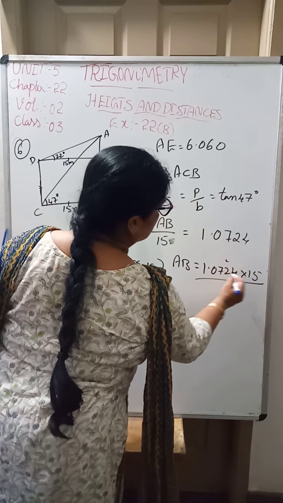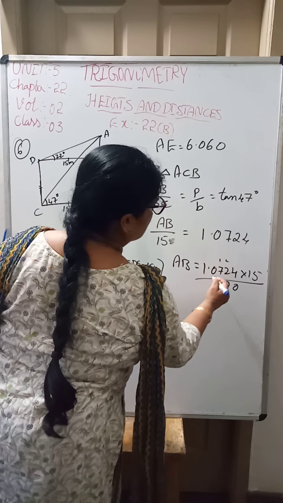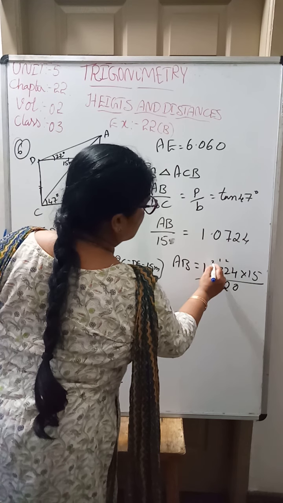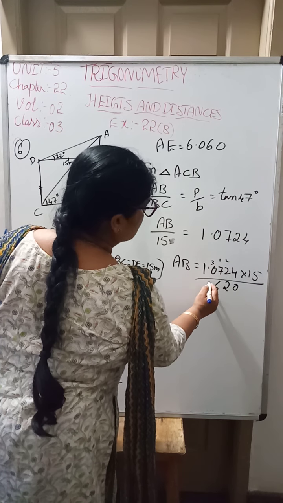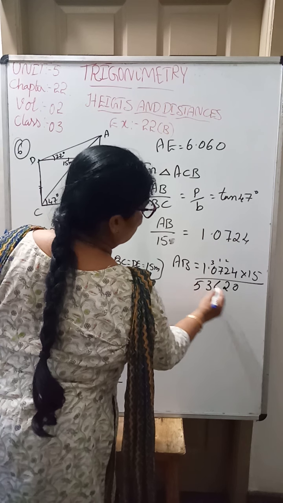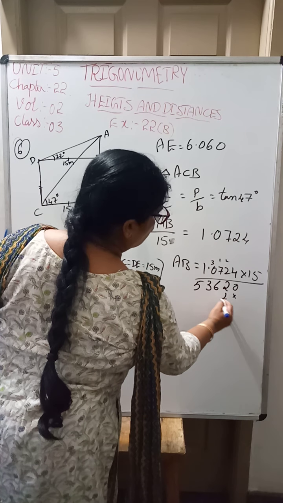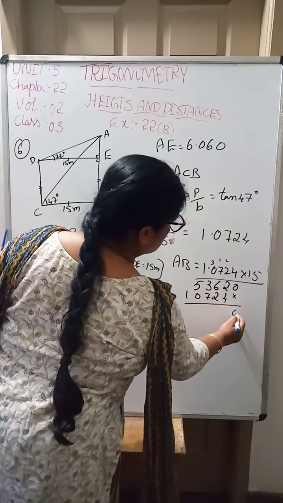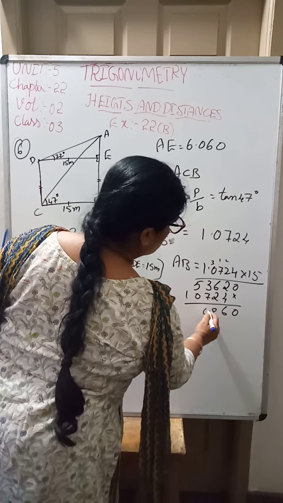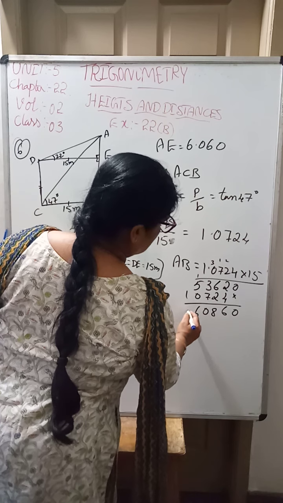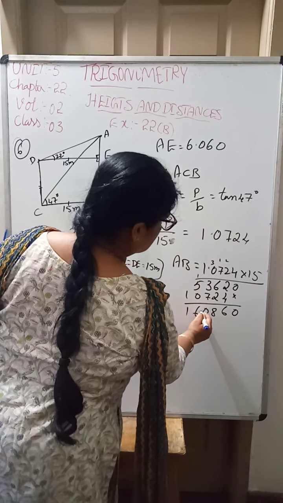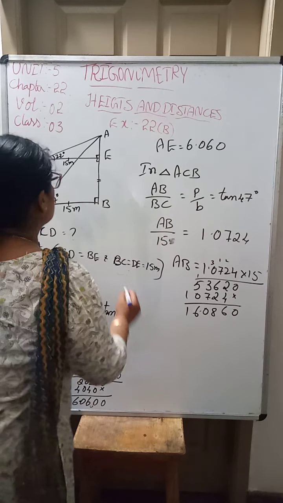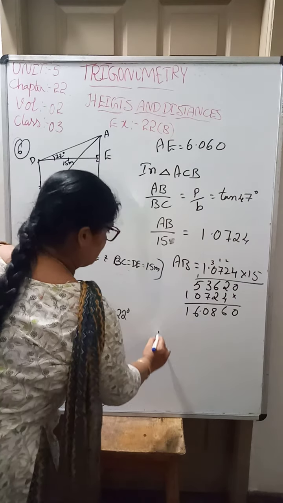20, carry 2, 10, 12, 1 carry, 35 plus 1, 36. Then 3 carry, 5 0 0 plus 3, 3, 5 1 5 into 4, 2, 7, 0, 1. Now 0, 6, 8, 10, 6, 1, means now we have to take the point, 16.086. Now we know that we want the value of BE.